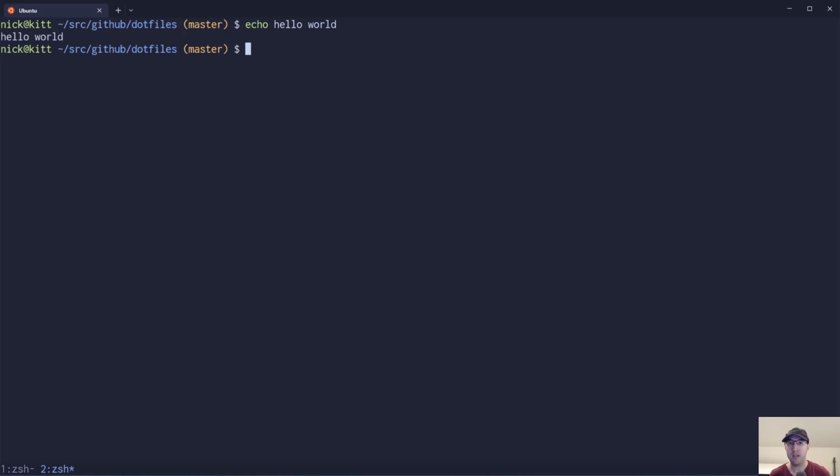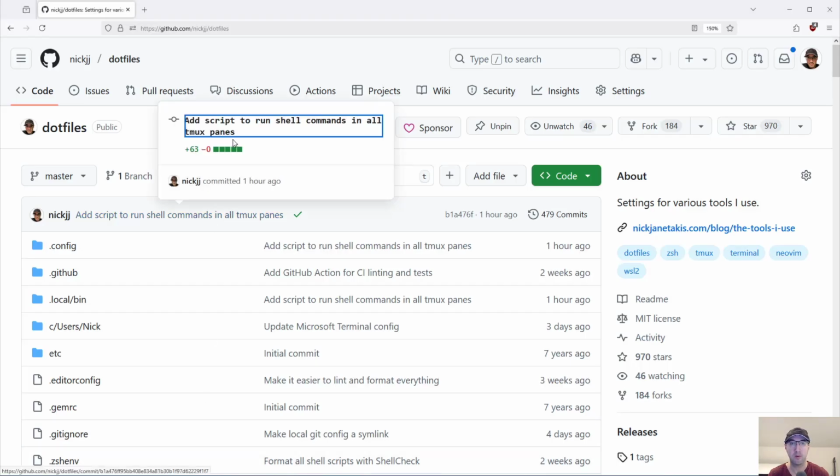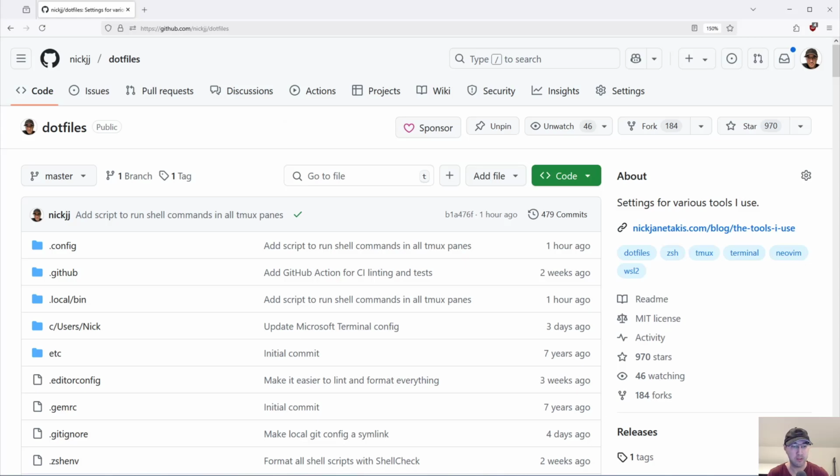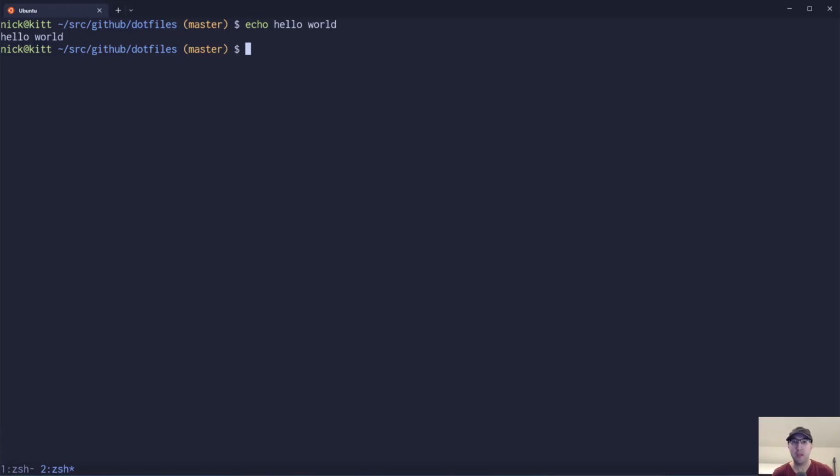But let's say I update my dot files, right? By the way, all the scripts that we're going to go over today are up on GitHub, and I'll link to that in the description. Let's say I update my Z shell profile or my RC file or my aliases, and now I have to go and basically source in those files in 40 different tmux panes. That's a little bit tedious. And so the solution we're going to go over will allow us to do that all in one shot